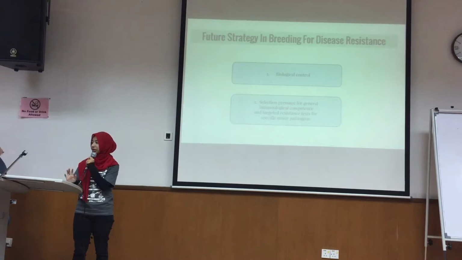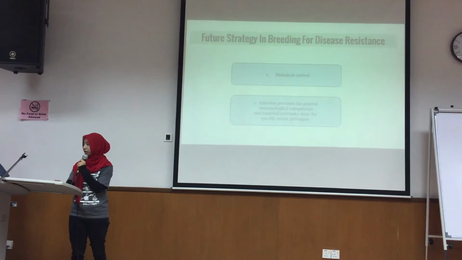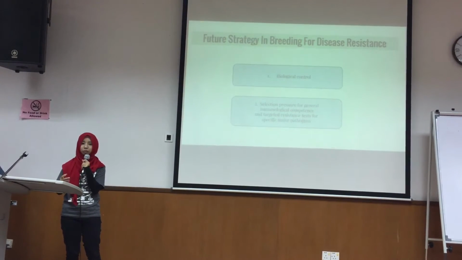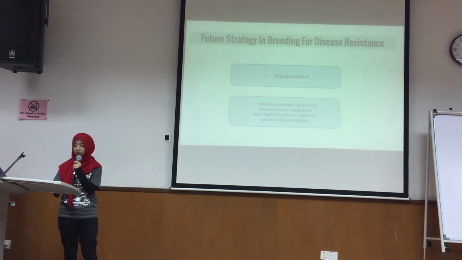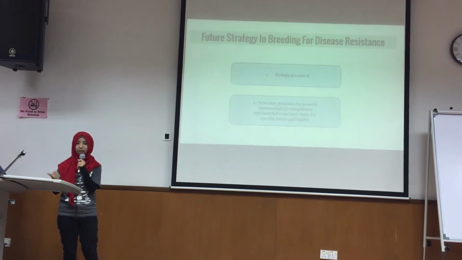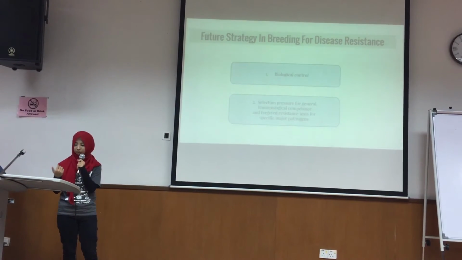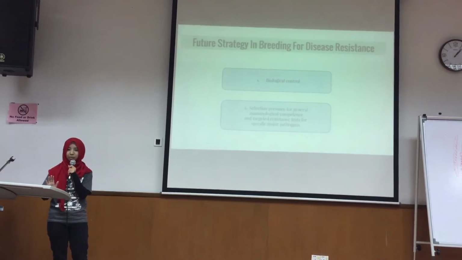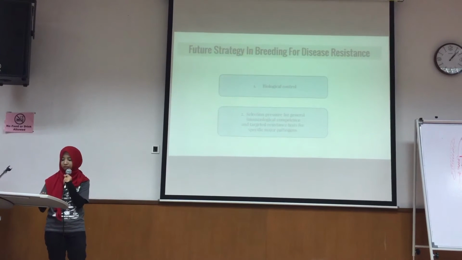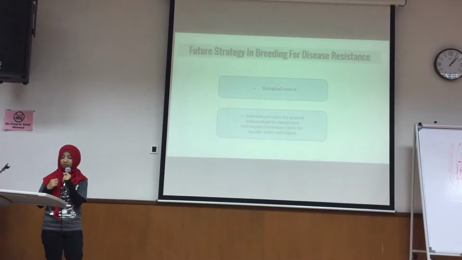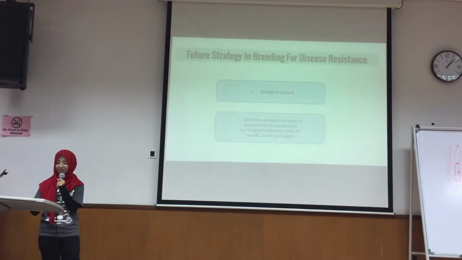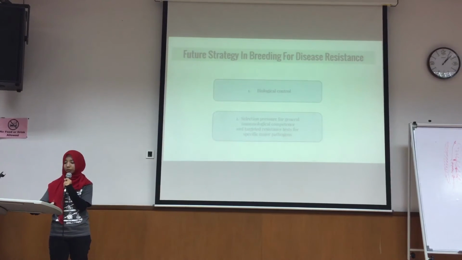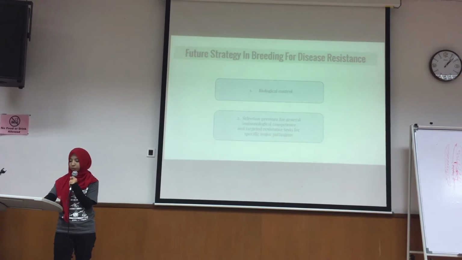Okay, next, the farmers can practice biological control. Farmers can use bacteriophages in the control of pathogens, for instance E. coli and meningitis in chickens and cows. These bacteriophages will target a specific bacterium and attack it, instead of using broad-spectrum antibiotics that may kill normal flora in the animal's body.